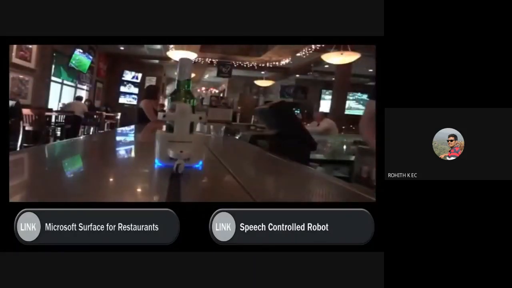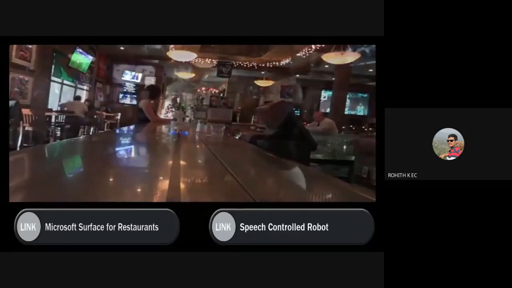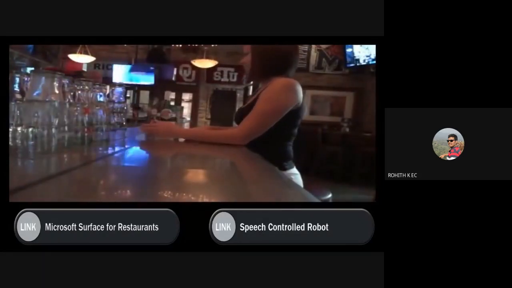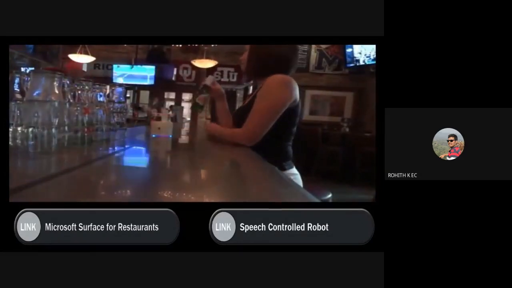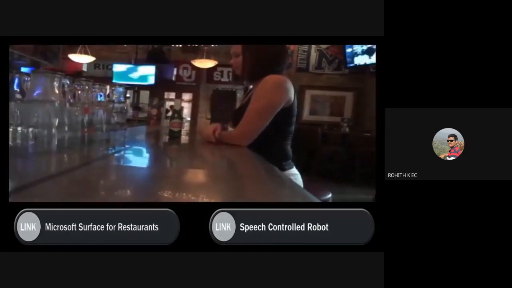So the drink is on top of robot now. Then there is an obstacle detection sensor. So when a person puts their hand, obstacle is detected and it will stop, and then robot will move forward.